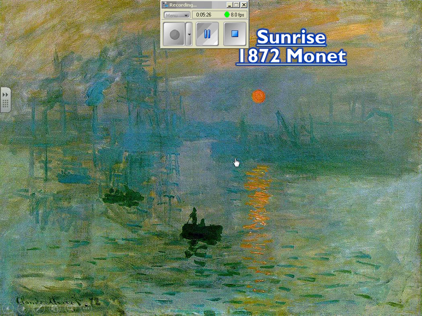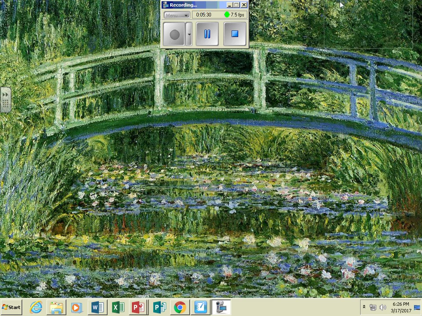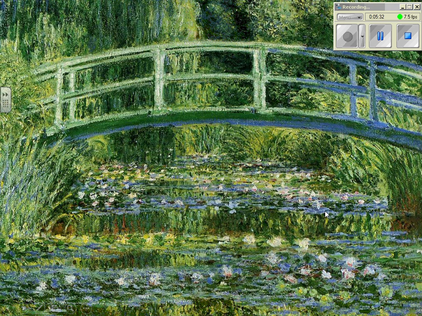So this is quite a remarkable piece. This next painting is probably one of the most famous paintings that you've seen. This is Monet's Water Lilies in the Japanese gardens in France. And again, what Monet does very simply is he's taking light and shadow and color and very easily blending them